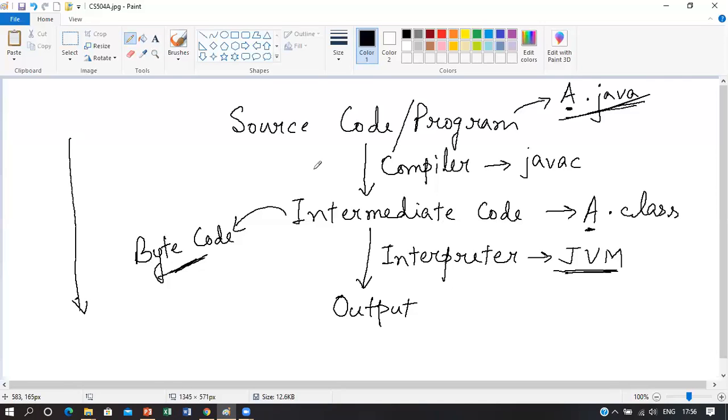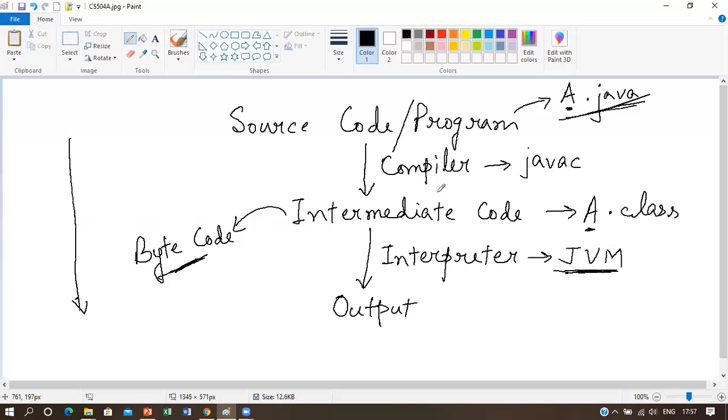Now, we have discussed bytecode and JVM so far. Now let us discuss a more detailed concept of bytecode and JVM. As of now, we have seen that bytecode and JVM are two of the most important features of Java, because if you want to have a clear idea of the Java programming language, you have to understand the basic concept of bytecode and JVM. So bytecode is basically an intermediate code created after compilation of the source code. JVM will interpret the bytecode to produce the output.